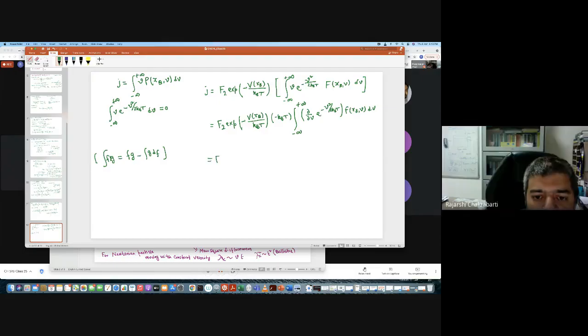So what I'm going to get, if you do integration by parts, good. Minus kBT is outside, and if you do integration by parts, so this is your dg, so your fg becomes